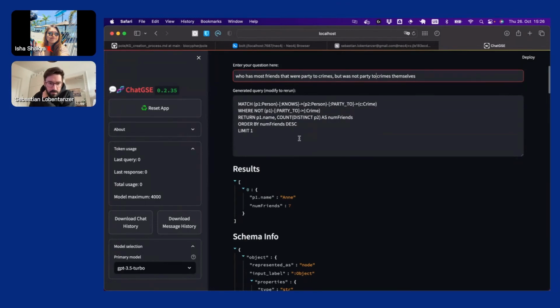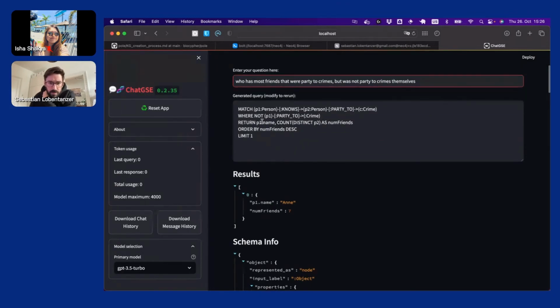And then we kind of see something that looks like it's accurate. So at least it returns a result.